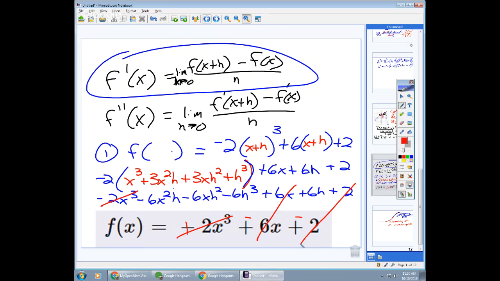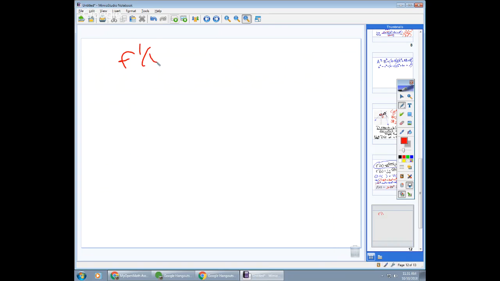Double prime, I put f of x plus h in that one, subtracted by this f of x, and then run it again. Yeah, so when I finish this up, right, I'm going to get, where's my magic pen? Whatever it is, and then you just put the entire process in here. F prime of x here is going to be -6x squared plus 6. And we clean that up. So now I apply to that